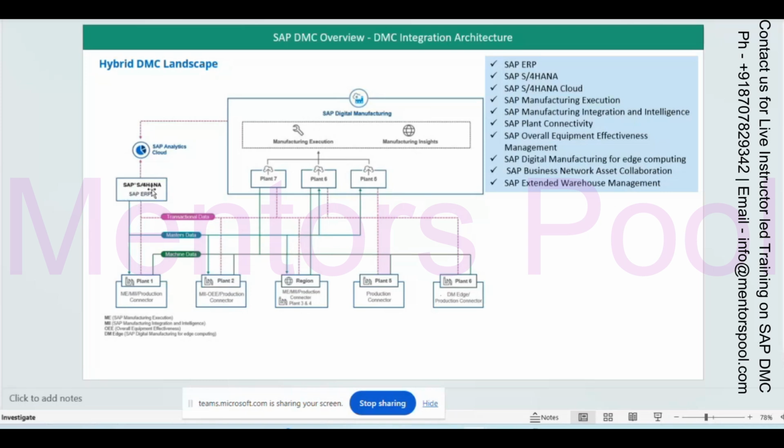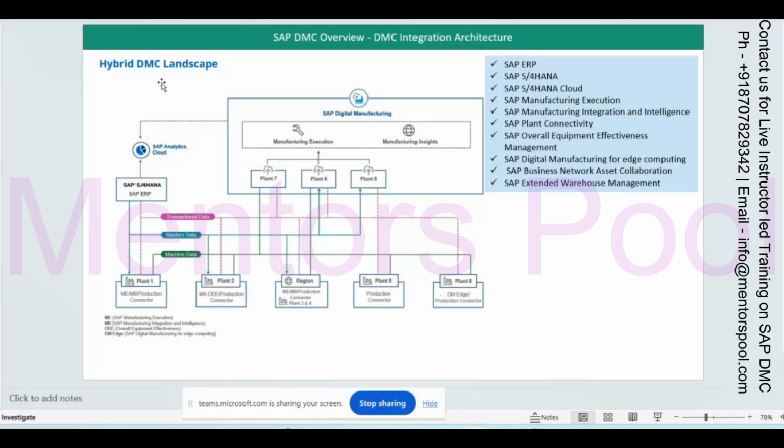The cloud S4 HANA is not S4 HANA Cloud. When you say S4 HANA only, you are referring to the on-premise S4 HANA. If you want to connect to the cloud one, you need a cloud connector as well. All that data goes through the cloud connector, which connects to the cloud and then CPI, and then it goes to DMC.